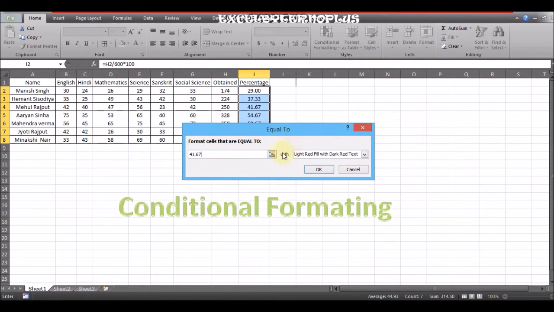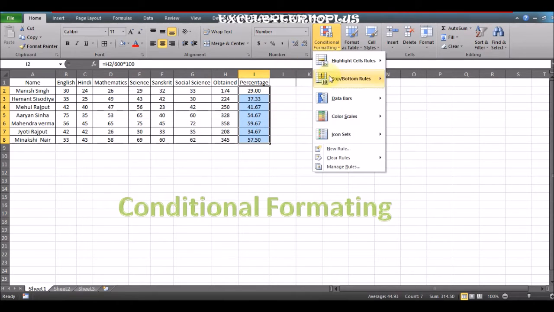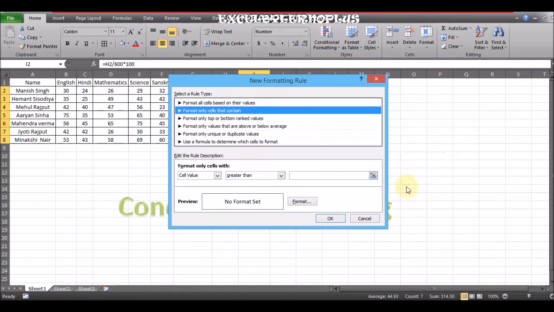I select all the cells, and we will go to a new rule in conditional formatting. Select the cells, go to conditional formatting, and go to Highlight, More Rules.